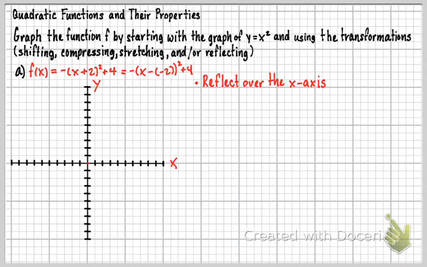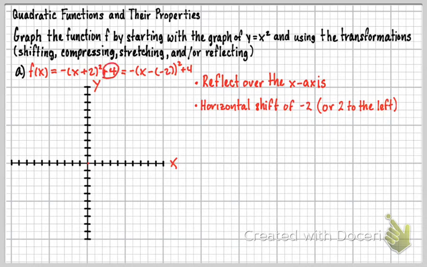I actually wouldn't write it that way. I would ask myself, what makes this 0? And I would see that -2 makes it 0. So I know I would shift to the left 2. And since it's inside that power, inside the function itself, that's a horizontal shift. So the next one would be a horizontal shift, and that's where the shifting comes in, where they're asking in the directions. A horizontal shift of -2, or 2 to the left. Now the next thing we're going to talk about is the